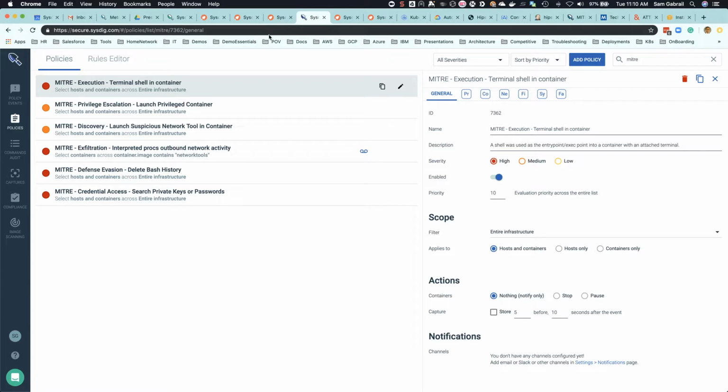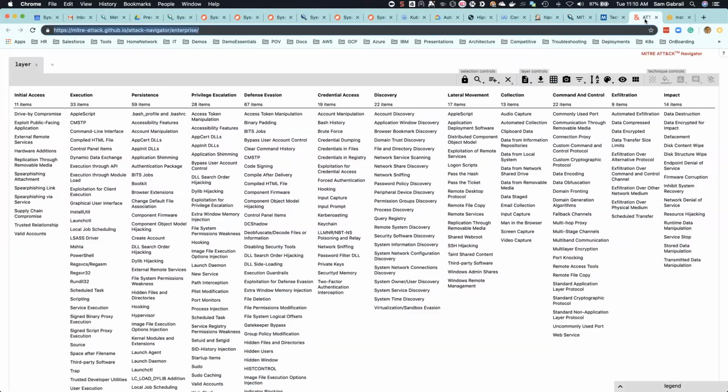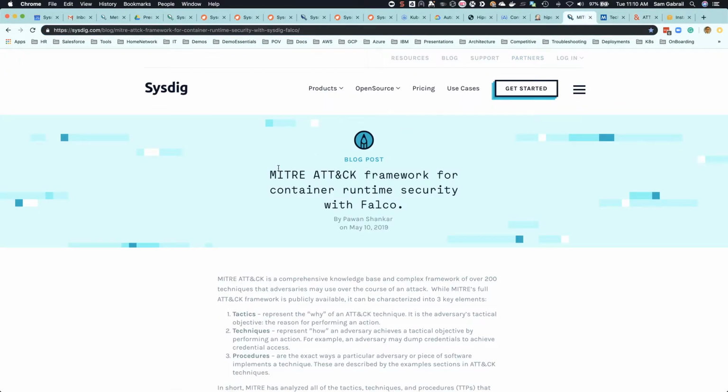So hopefully this has been helpful. And one last thing I wanted to mention, I promised that I would put this in the notes. This is the MITRE attack matrix. Here's the link at the top. I'll also add it in the description of this video. But basically, this is the framework that an attacker would typically follow. So if you're doing exfiltration, what would you do? Data compressed, data encrypted, a few things that you would do to exfiltrate that data, maybe over a command and control channel and so on. What we did at Sysdig is we created this blog, and in this blog we have